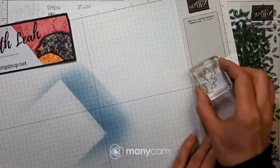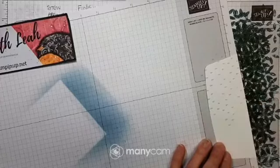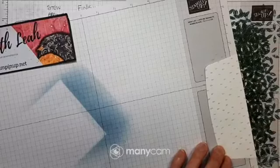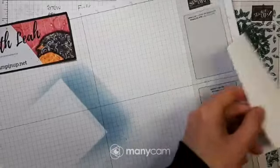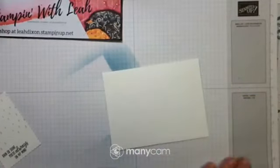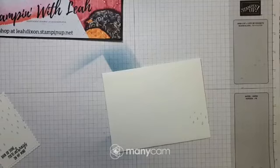And then I think I'll put an umbrella on the front. I always like to kind of decorate my envelopes in some way. Just kind of makes them pretty. All right, so a little bit of raindrops on the back, and then on the front, maybe we'll just do one little raindrop, and